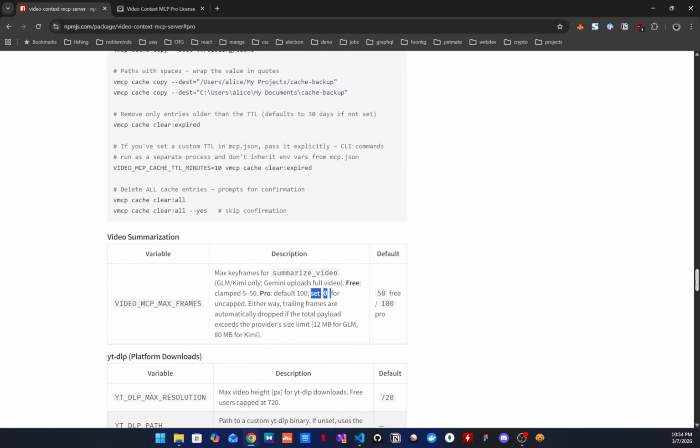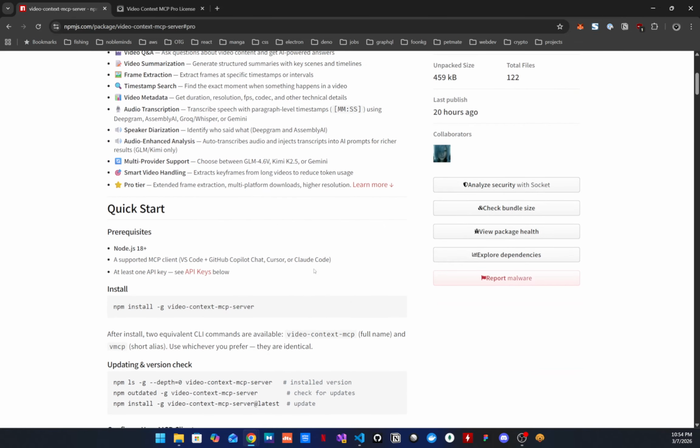Then another feature is the multi-platform downloads. First of all, either free or Pro users can analyze local and remote videos. But for video platform services such as YouTube, Facebook, Twitter, Dailymotion, free users can only use YouTube. But for Pro users, almost all video platforms they can use. So yeah, that's a great benefit for Pro users.